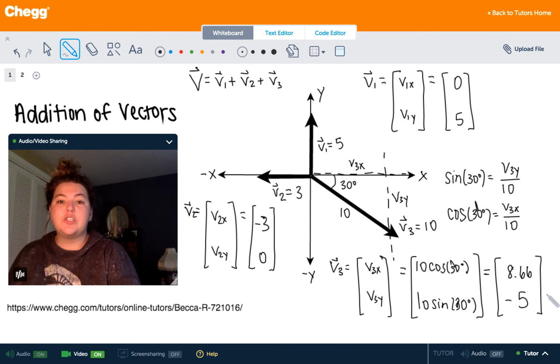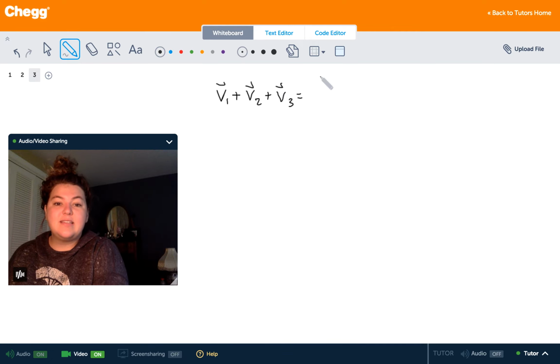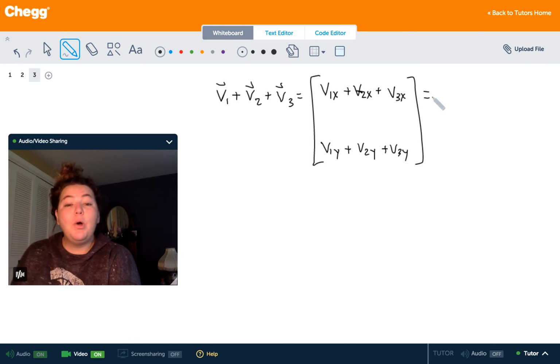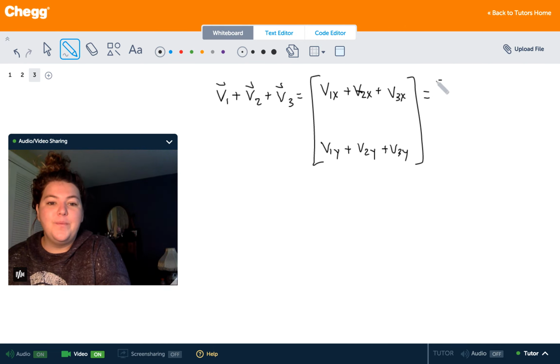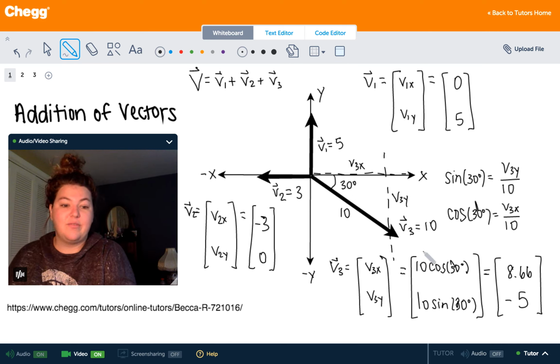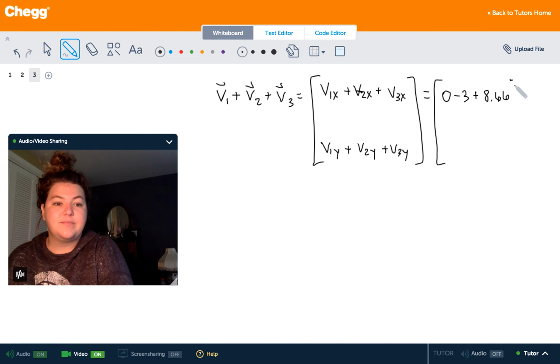Okay, so now we have these vectors split up into components. We can properly add them. So what we can do is recognize that adding these vectors is the same thing as adding their x components together and adding their y components together. And that will give us the components of the total vector from which we can find the magnitude. So let's look back. Our x component of our first vector is 0. Our x component of our second vector is -3, and our x component of our third is 8.66. So we have 0 minus 3 plus 8.66. Okay? So that'll give us our total x component of the net vector,